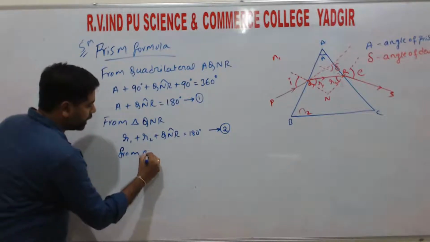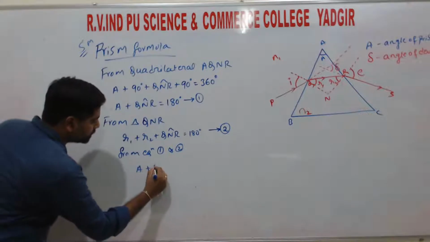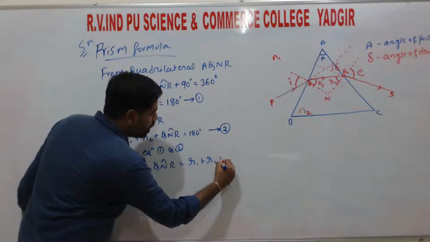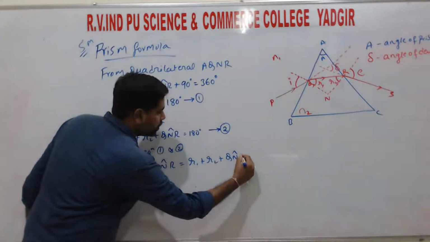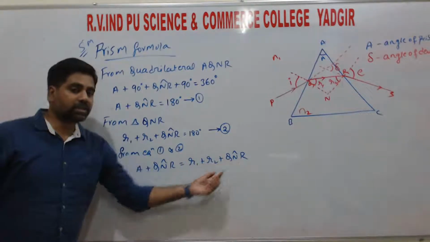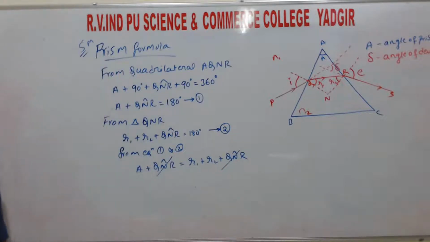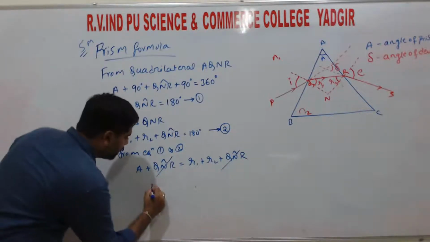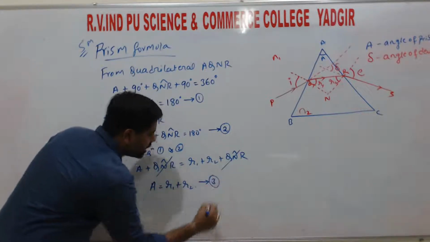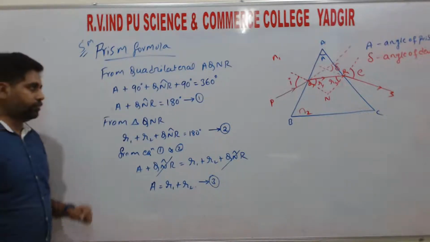So from equation 1 and 2, we can write A plus angle QNR is equal to R1 plus R2 plus angle QNR, right? So on the LHS and RHS we have the same term angle QNR, which gets cancelled, right? So from this we can write A is equal to R1 plus R2, calling this equation 3, right? So next,